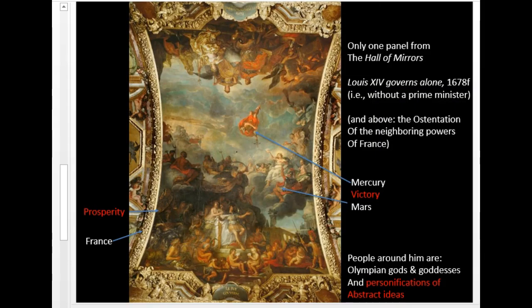One of the paintings on the ceiling by Le Brun is this one. There he is, Louis XIV governing alone. He took great pride in the fact that unlike his neighboring powers, Spain and England and whatnot, he governed without a prime minister. Instead, he took advice from all of these personifications, Olympian gods and goddesses, according to the image anyway, and other personifications. So, for example, here's Mars, the god of war, Mercury, the god of messengers, and